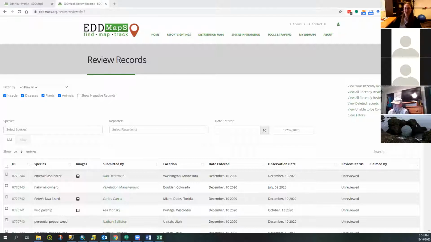So are there any other questions in this particular section of the review process, either with the table itself or with the review form area? So I am going to move on to another area, but if a question comes up, we're going to have another question session after my next reviewing part. So if you go to my EDDMapS,